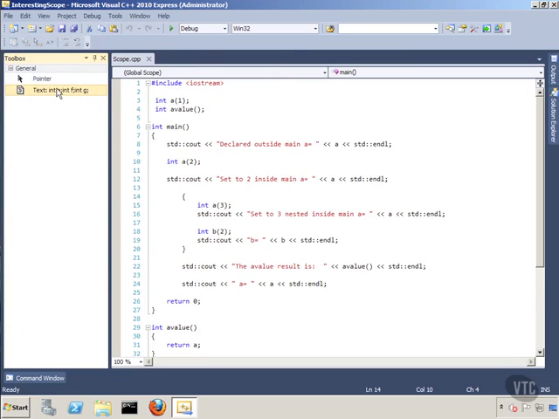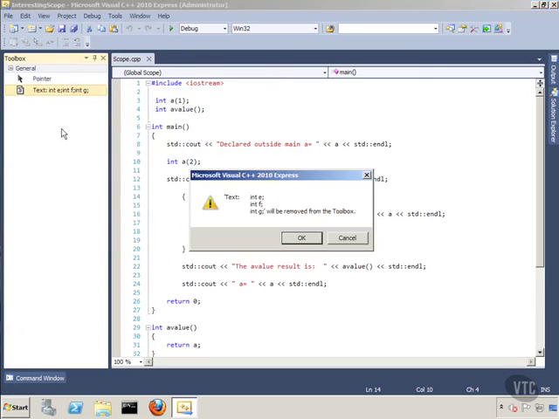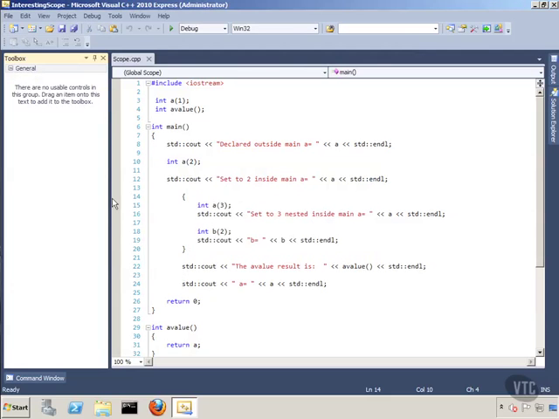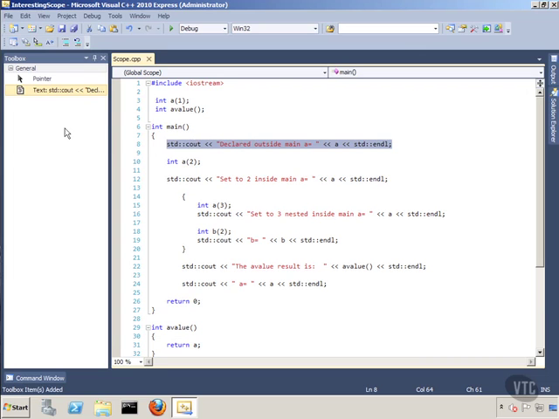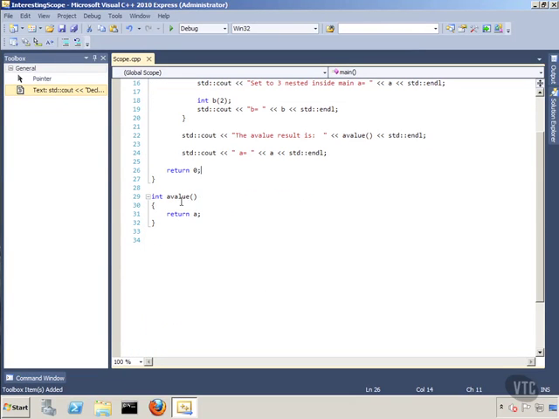Alright, now let me delete this one, so they don't confuse you. But let's say that this particular line right here we want to use over and over and over in our code. This is not a really good candidate, but just go with me here for the demonstration. If I highlight it, left click it, and drag it into the toolbox and let it go, notice it put it there. Okay, so then I can jump down here and I can get into this particular function, and